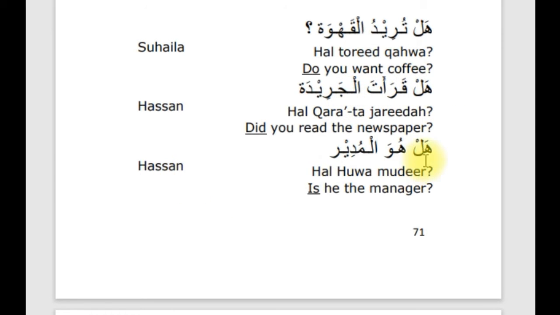حسن: هل هو مدير؟ هل means is. هو, he. مدير, the manager. After هل, هو is a pronoun. Let's repeat again. هل تريد قهوة؟ هل قرأت جريدة؟ هل هو مدير؟